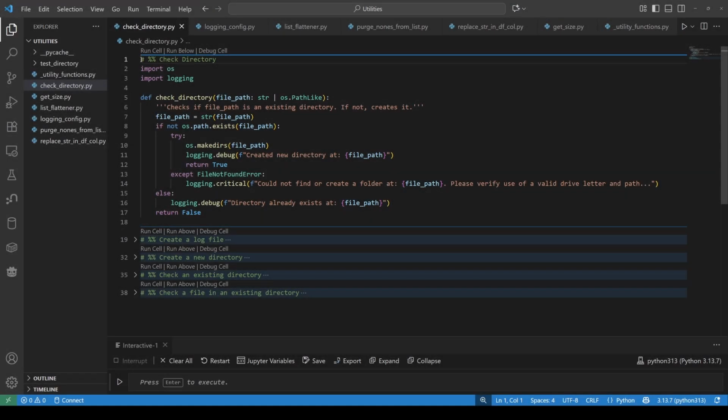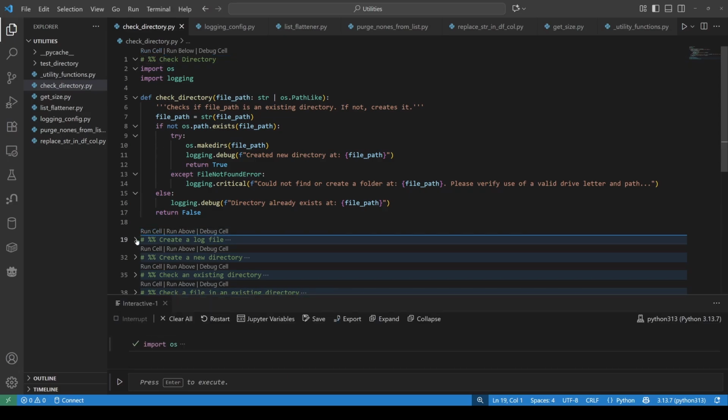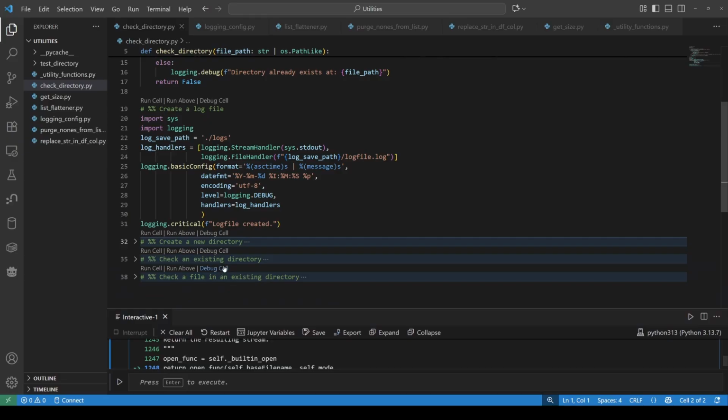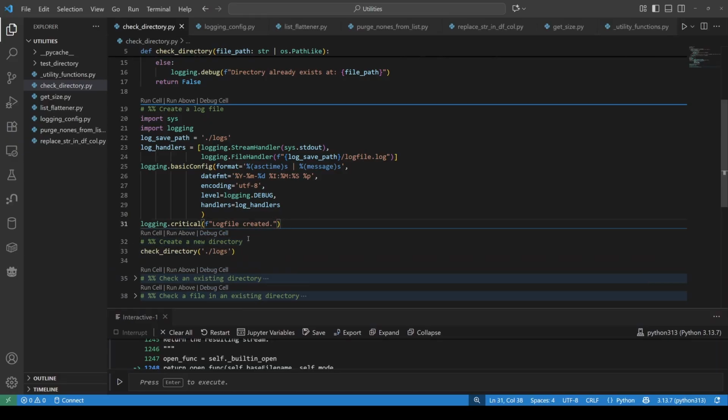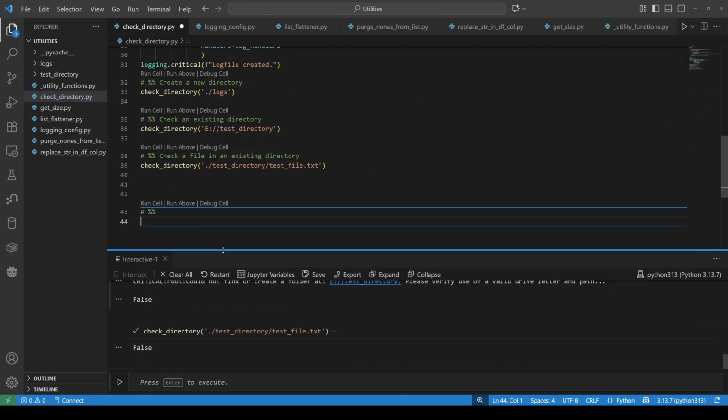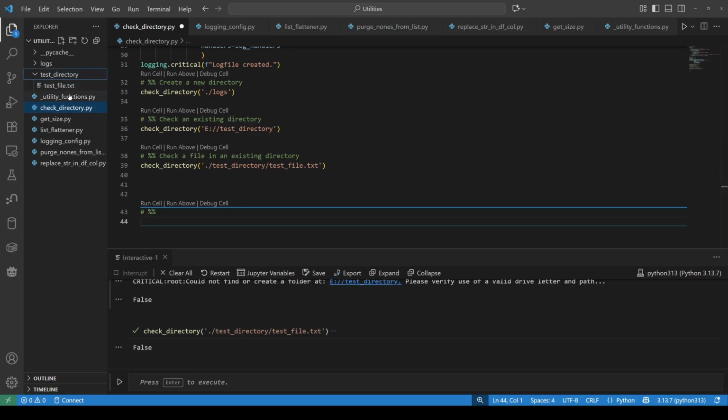I use this function in just about every project I work on. Whether you need to write a log file to disk, create a directory for temporary intermediate files, or are exporting results from a batch process, you've probably been hit with this error at least a couple of times. File not found, the folder you're trying to write to does not exist. You could manually create a folder in your target destination using the File Explorer. It's much more convenient to instead use a utility function to check if the target folder exists, and if it doesn't, create it automatically. This function will do nothing if the path it's passed already exists,